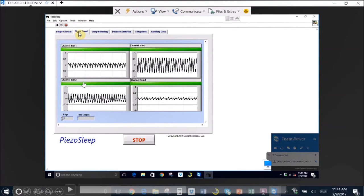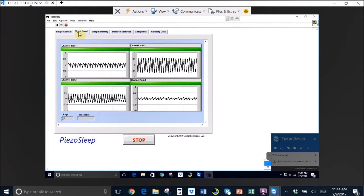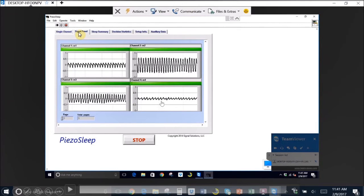We have a green bar that lights up when the animal's asleep based on a quicker algorithm we have. And note that the amplitude does vary a bit because sometimes mice will sleep really flat with their belly against the bedding, and other times they'll be curled up with their head curled between their legs more on their side and typically get lower amplitude. So we don't use amplitude as a way to determine sleep, but the regularity of the signal, the frequency of that signal at the 2.5 to 3 hertz, and